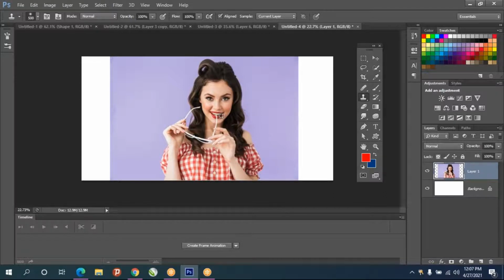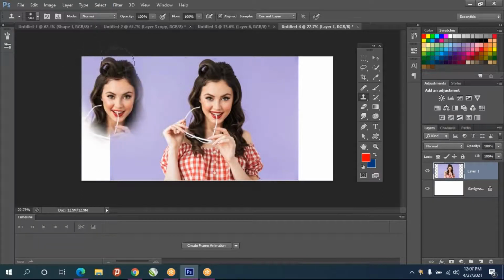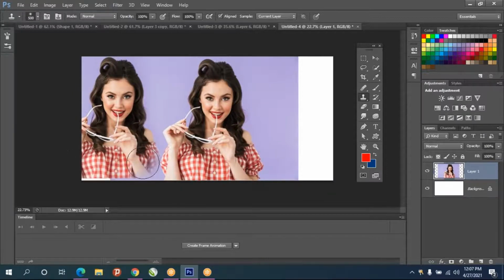Always remember that you have to select the source point when using clone. First alt-click, then move the location and just paint it. And that's it.